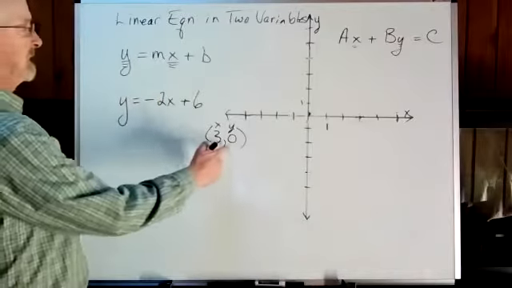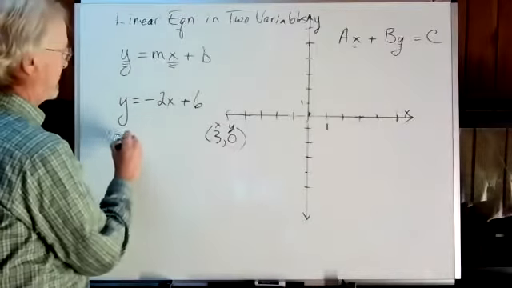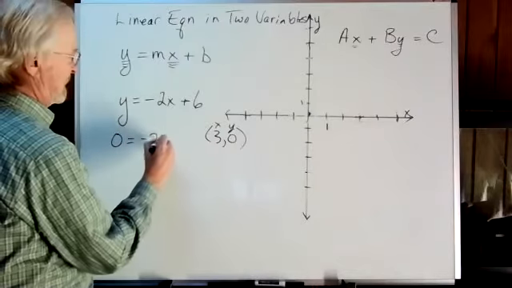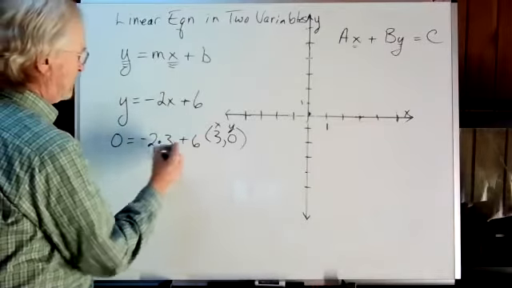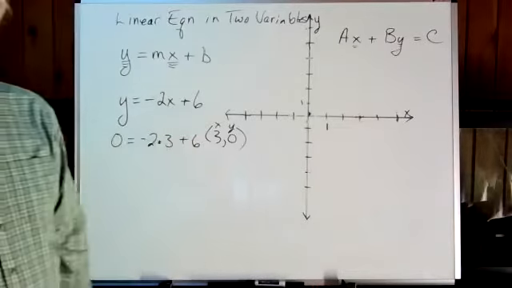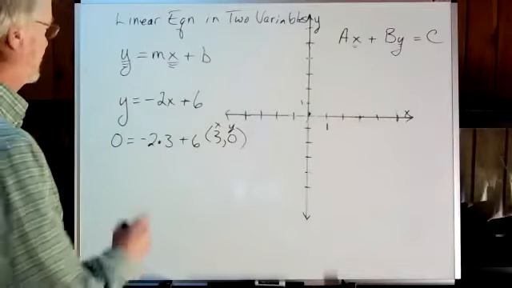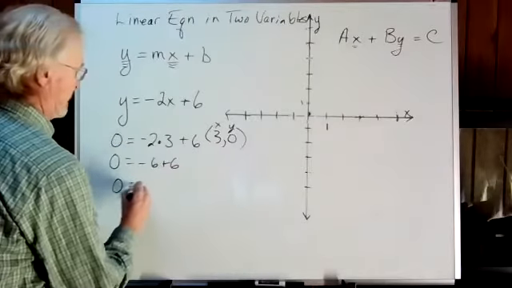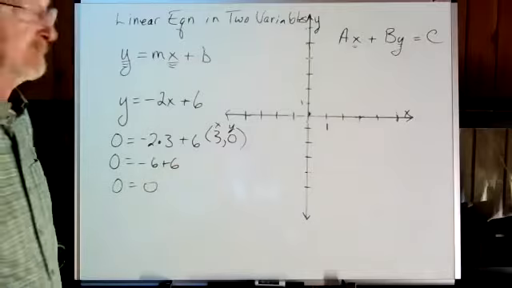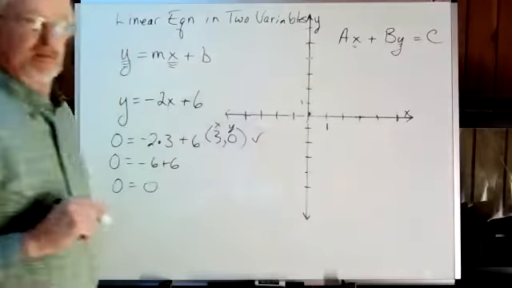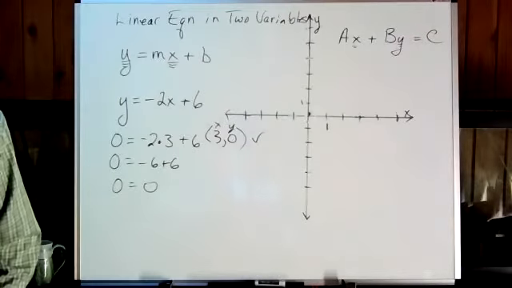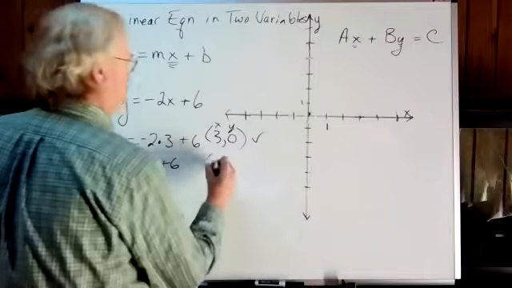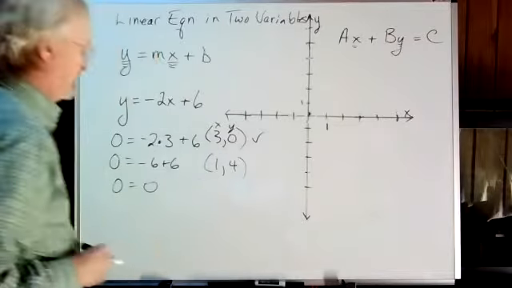So plugging them in, if I put in a 0 for Y, -2 times the 3, is it true? Do the calculation. Yes, it's true. So yes, that one's a solution. Test another one. How about 1, 4? If I put in that one,